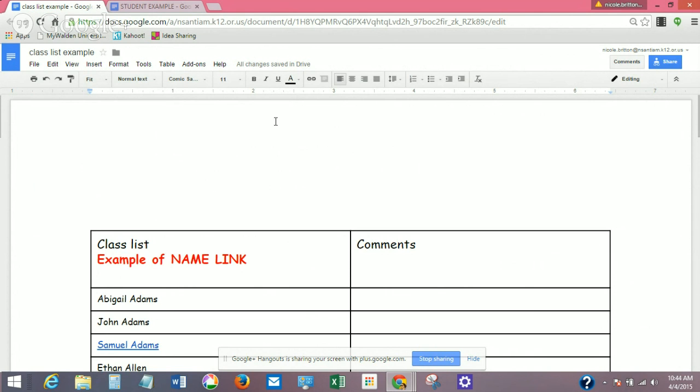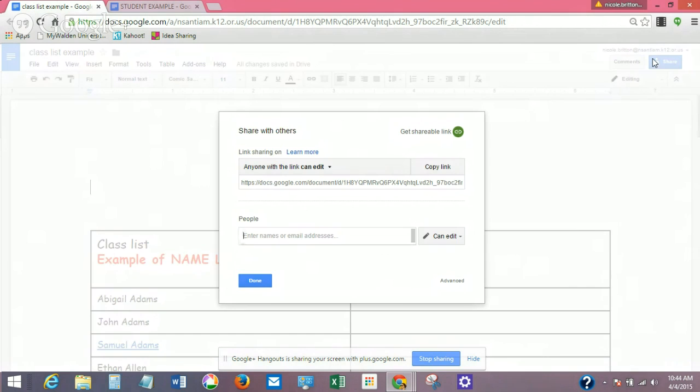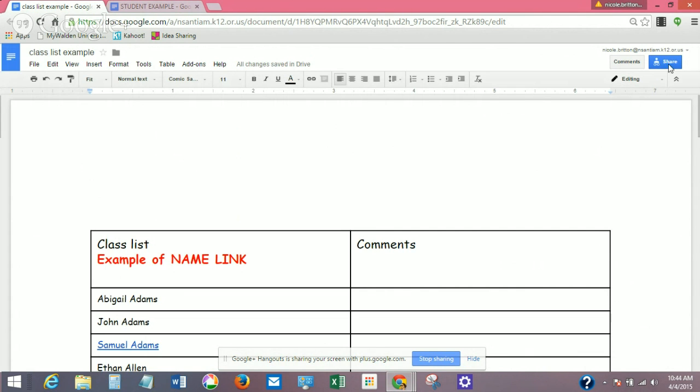When you make your class list, the first thing you have to do, I usually have a master copy and I just make a copy of it for every assignment, and then I name the class list that assignment. On the share settings, you're going to need to open it up wide so that anybody coming on to the document can edit. So as you can see, I'm going to go back here, the blue share setting button,